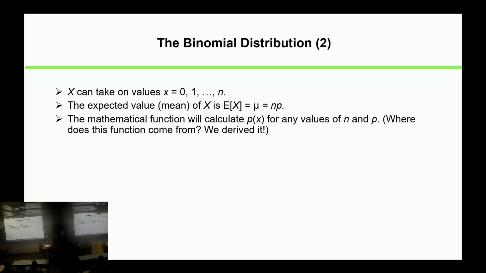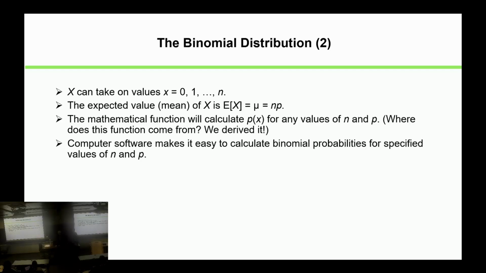Okay. Well, we've discussed this. We derived it. We've got that. But the next thing is going to be the idea that computer software makes it very easy to calculate binomial probabilities for specified values of n and p. Well, when I say for specified values, it's for whatever values of n and p you specify. Okay, so we've got various ways to calculate this, but this is the message I want to leave today: